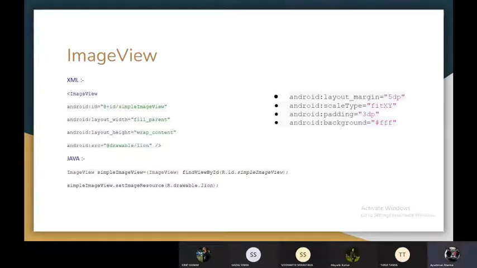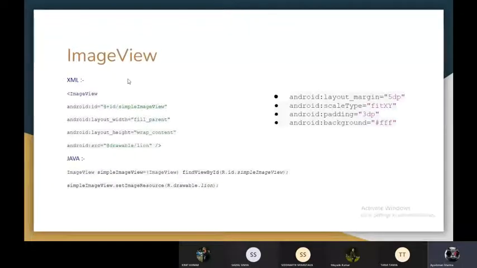We have it like simple image layout width, layout width. You can neglect it right now. We'll cover it up in the practical session. You can assume right now that we have only two: wrap content and match parent. Wrap content wraps around that particular section of what we are defining, and match parent covers the whole screen on the particular width and height.